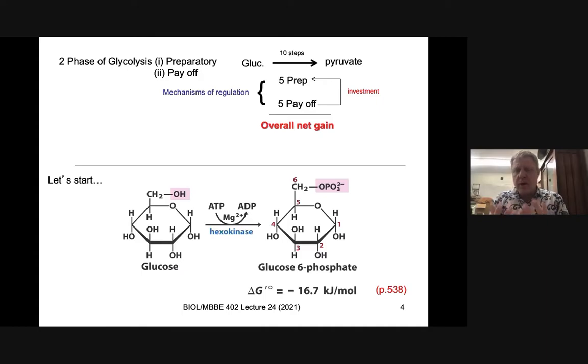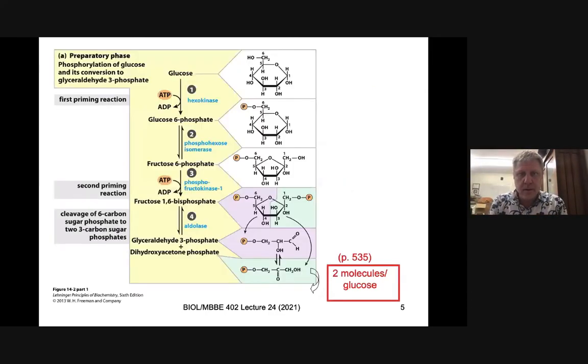So we've now got this glucose molecule, and we've now phosphorylated it in position number 6, and we've consumed ATP in the process utilizing an enzyme. It has taken us minus 16.7 kilojoules to do this, so that's really good. It's going to give us a negative delta G, moving from the reactant to the product side. So when we look at our process of these 4 steps, and again, think about